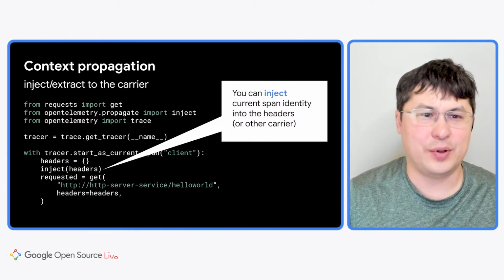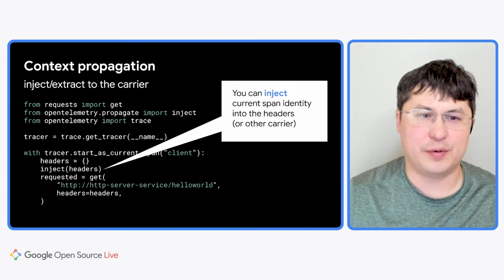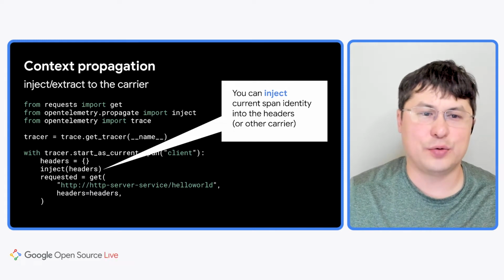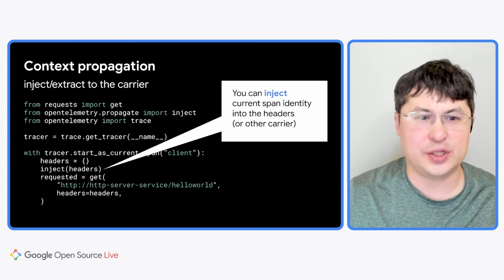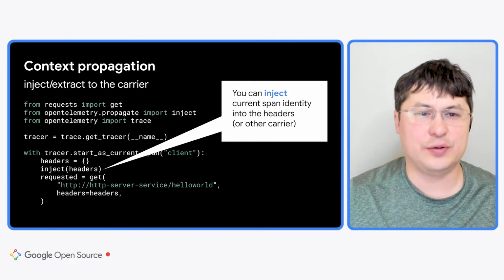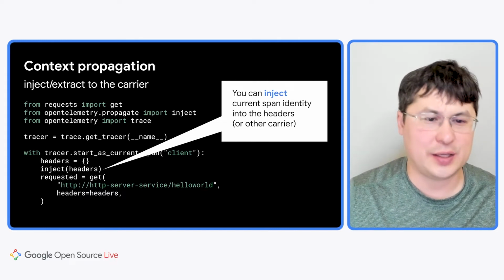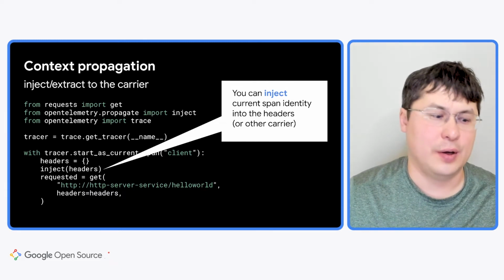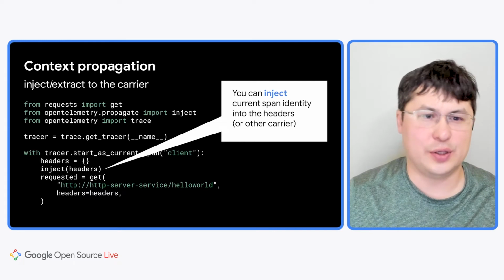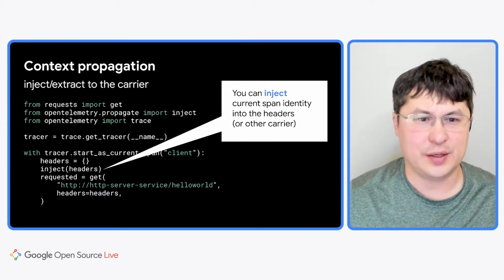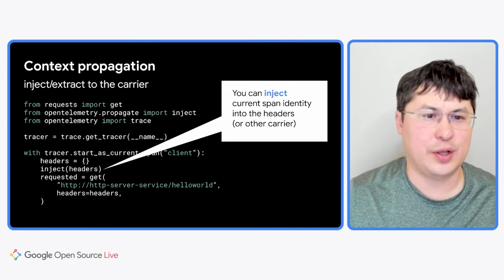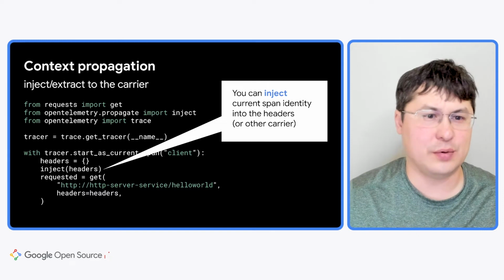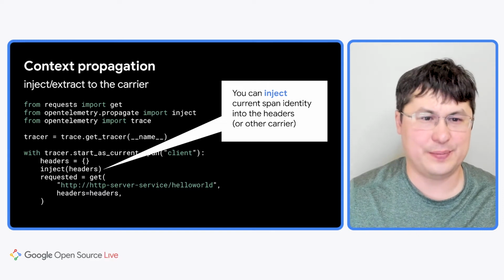So in this example, I propagate information about the current span, which is marked as client, through the HTTP headers. So I just call a simple inject method that will take information about the current span, serialize it in a well-known format, and send it further to the server component through the HTTP headers. On the other side, no matter what language the application is written in, it will extract headers using some extract command, and will continue span execution from there.